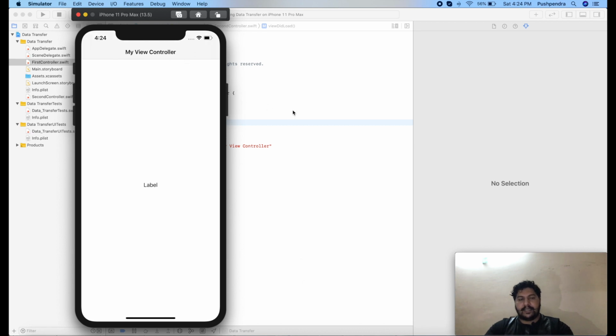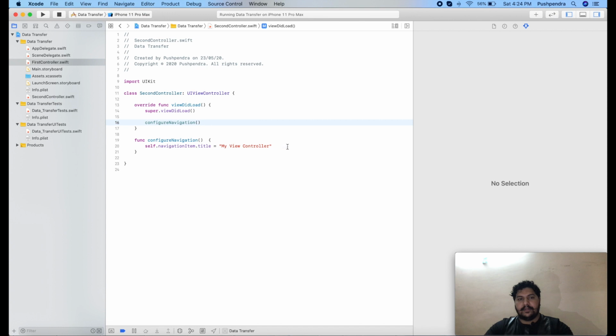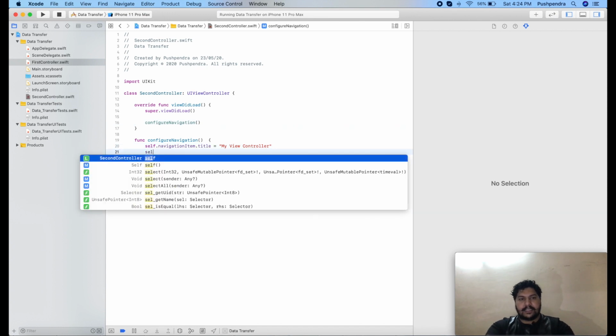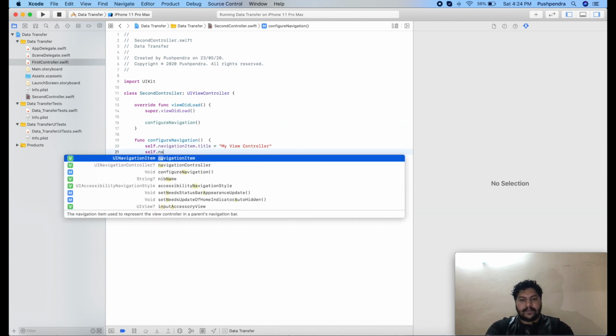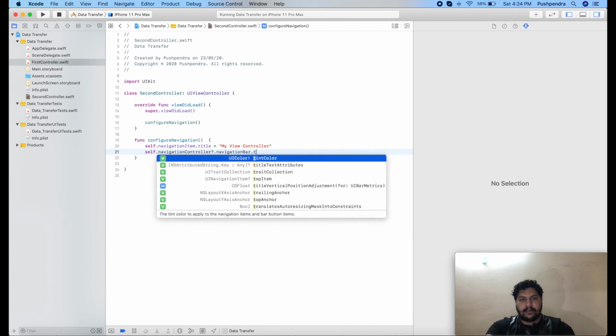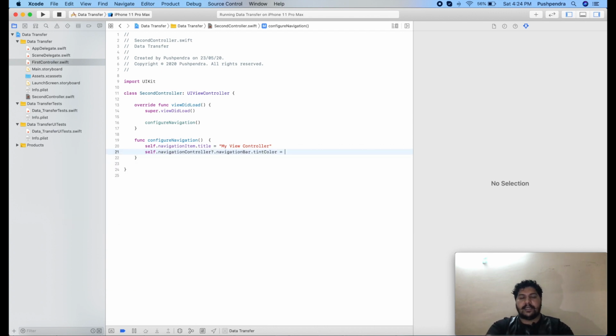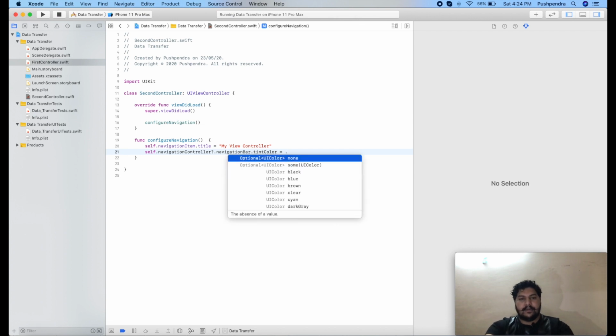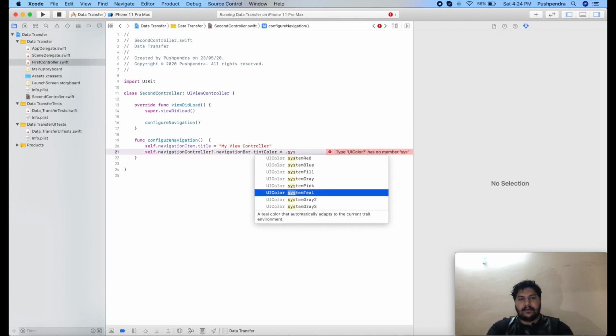Now second thing, how we can change the background color of this navigation. So self.navigationController.navigationBar.tintColor. Here you can give your desired color like green.